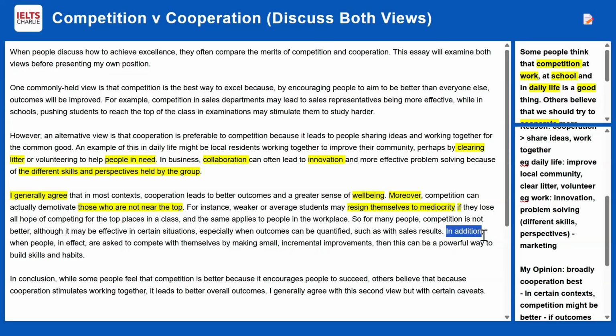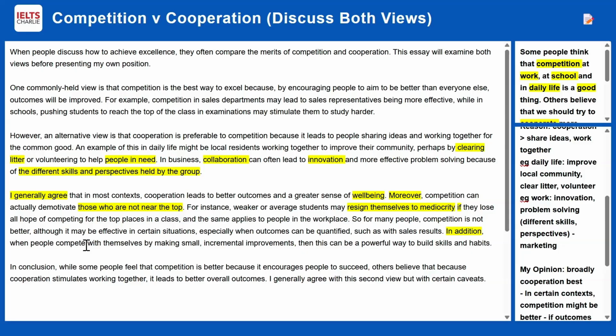In addition, so another transition signal, when people in effect are asked to compete by themselves, let's get rid of this. Let's just simplify it. When people compete with themselves by making small incremental improvements, this can be a powerful way